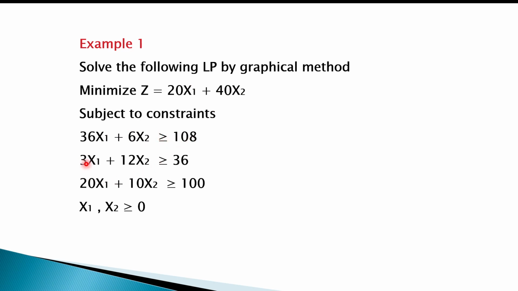The second constraint is 3x1 plus 12x2 greater than or equal to 36. The third constraint is 20x1 plus 10x2 greater than or equal to 100, where x1, x2 are greater than or equal to